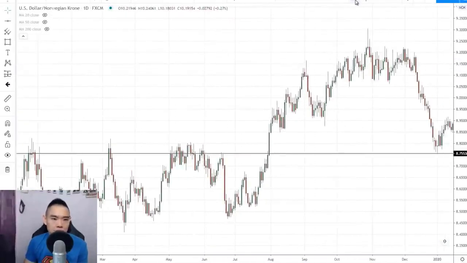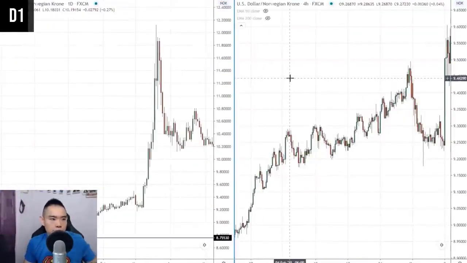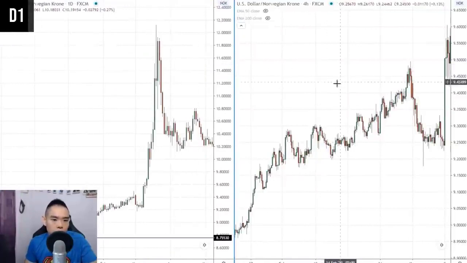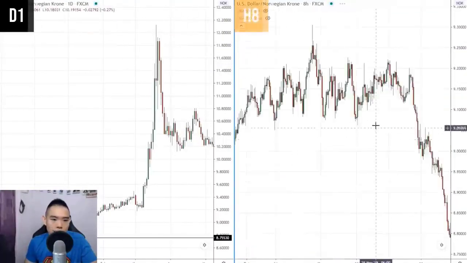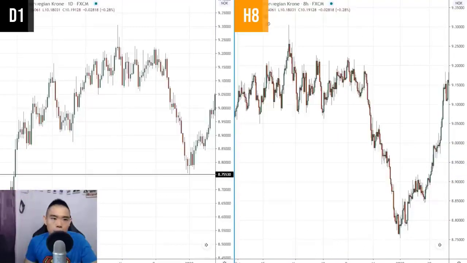Let me just split the chart into two. Okay, so this is the daily time frame. This over here is the dollar Norwegian krone on the 4-hour time frame. I'm going to change this to 8. So you can see that on the 8-hour time frame, you're looking at this. On the daily time frame, price came into this area of support, previous resistance turned support. And on the 8-hour time frame, you can see a break of structure